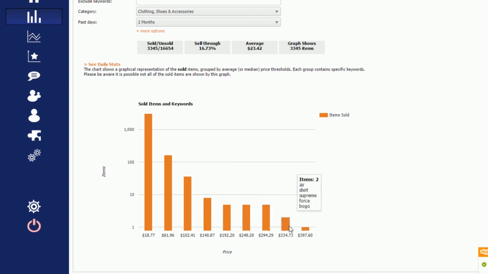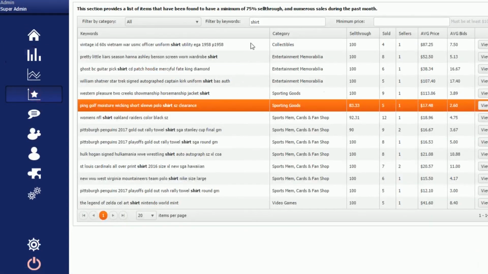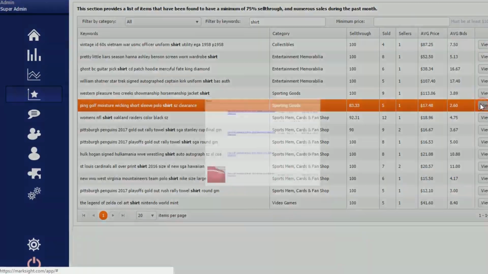So we can use MarkSight to basically hone down on which kind of product we want to sell. Let's take a look at top selling items. What sells there? I actually looked at this in advance, and I was looking at the list. You can do this also once you register and subscribe. But one thing I found interesting here was this Ping golf shirt, and I was like, what is Ping? And if we look at the items,